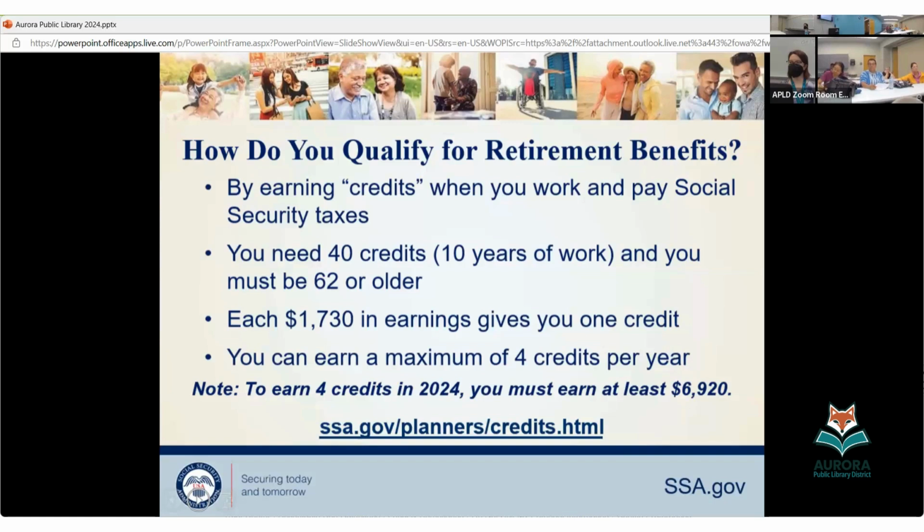And anytime we have a cost of living increase, which we do not know what it is yet, but we should be finding out fairly soon, all these figures are going to go up. So all this information is accurate as of September 23rd, 2024, if you happen to be watching the recording later.